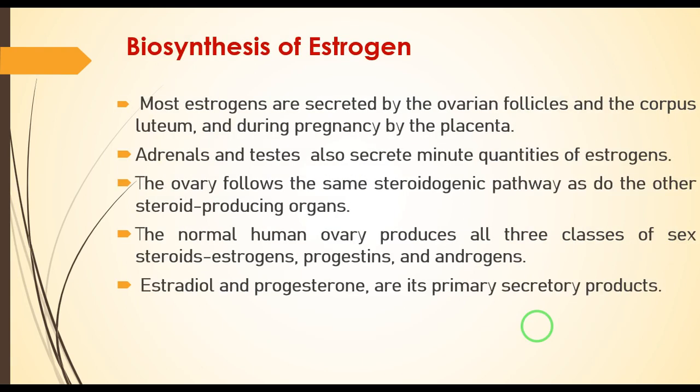The ovary synthesizes estrogen, progesterone, and androgens. The ovary usually has the same steroidogenic pathway that is followed in other organs that produce steroids. For example, in the adrenal cortex, which produces androgen, glucocorticoid, and mineralocorticoid. So the steroidogenic pathway is the same, starting from cholesterol, pregnenolone, and as we will see in the next slide,